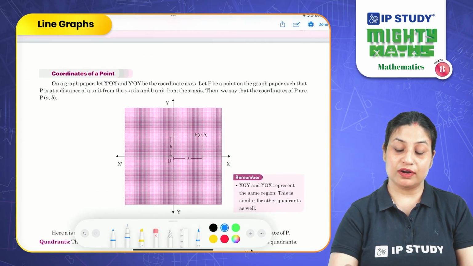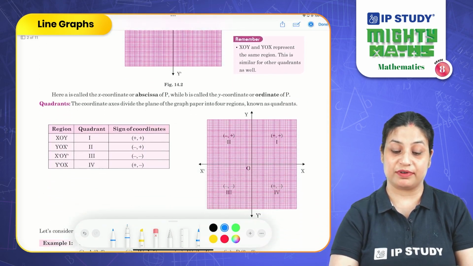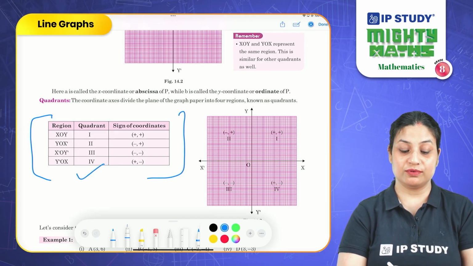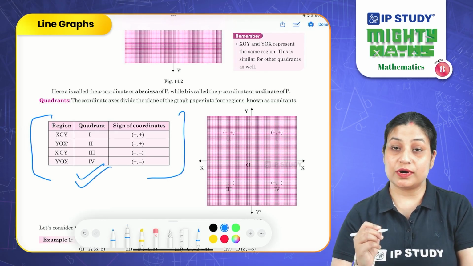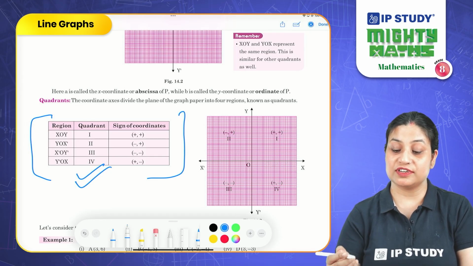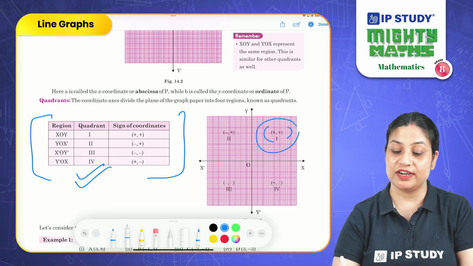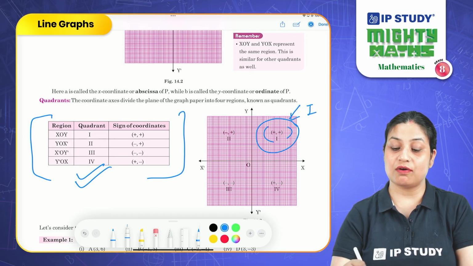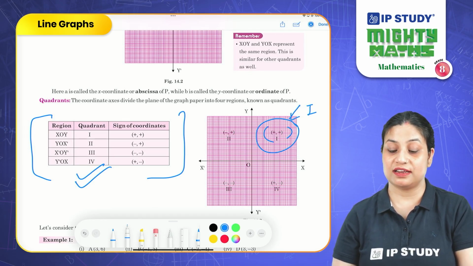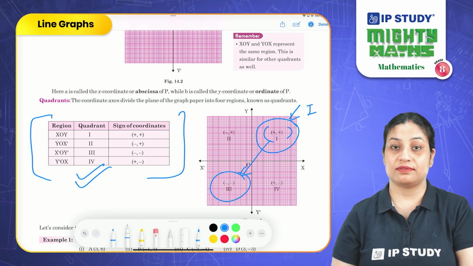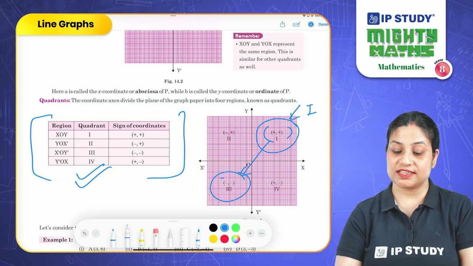Now let's see how to plot points on a graph paper, right? In order to understand this, we have to learn one thing. What are the points that will lie in the first quadrant? Whenever you are writing an ordered pair and the x coordinate and the y coordinate both are positive, it means that point lies in the first quadrant. Here all the values are positive. Nothing is negative in this quadrant. Just opposite to it, we have the quadrant where both the x-axis coordinate and the y-axis coordinate are negative.